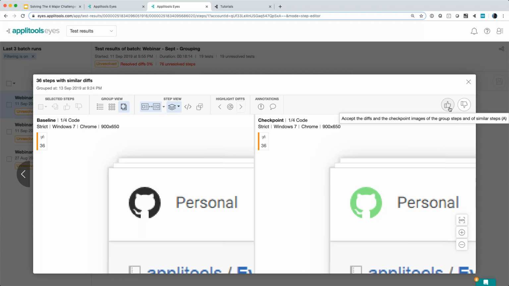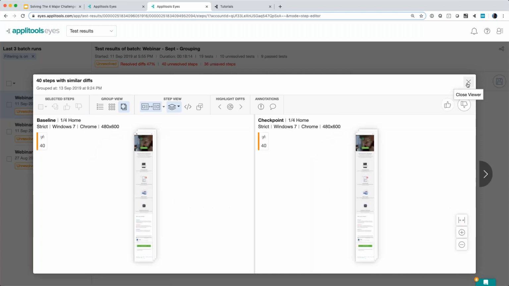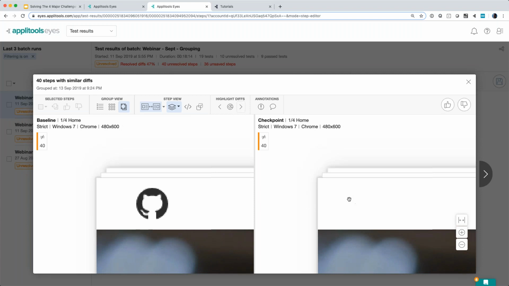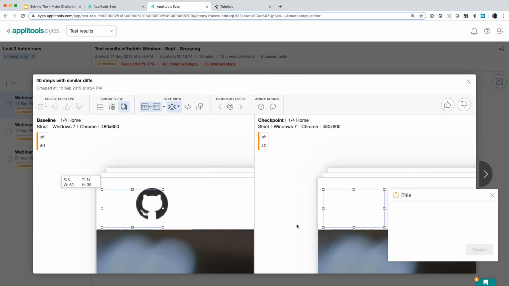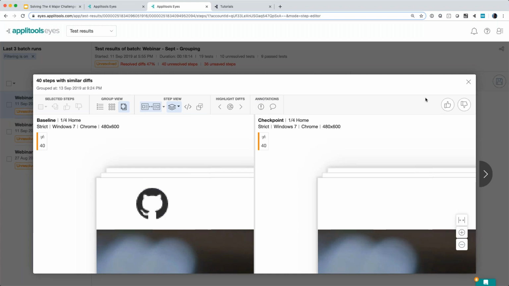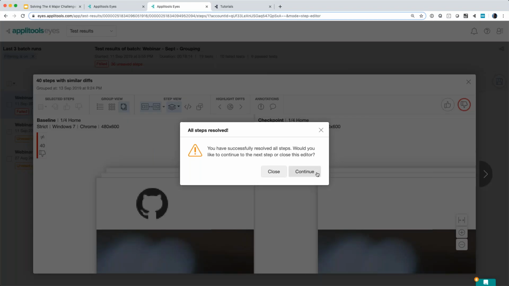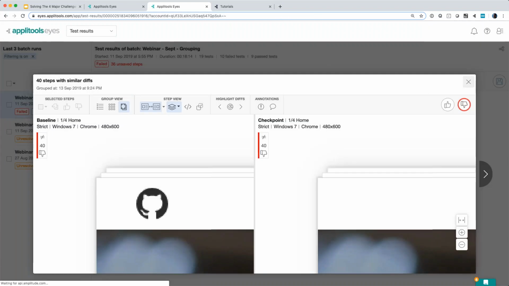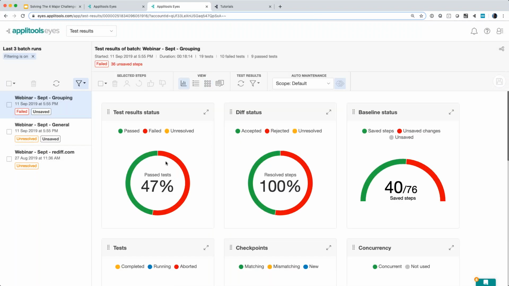So I'm just going to come here, do a thumbs up and accept the differences. And I move on to the next bucket, where instead of the logo color changing to green, the logo is missing. In this case, I will just quickly highlight this as a defect, and once the defect is highlighted, I'll do a thumbs down. And all these steps have been marked as failed now. If I come now to my test summary, I will see that 47% have passed and 53% have failed